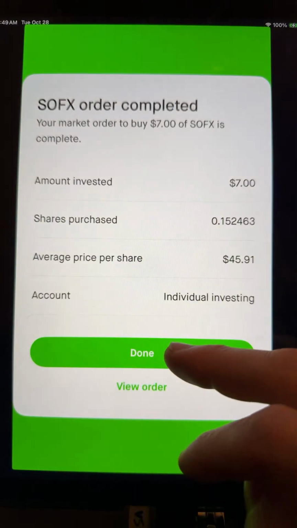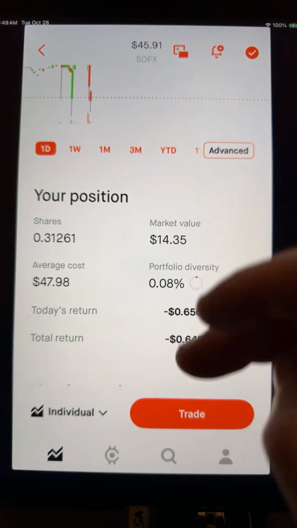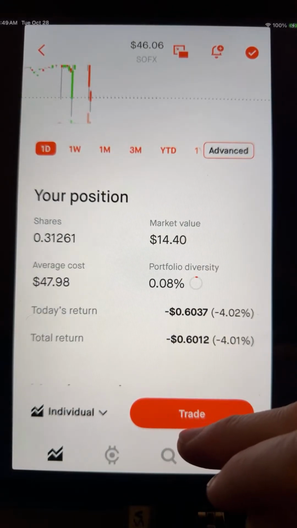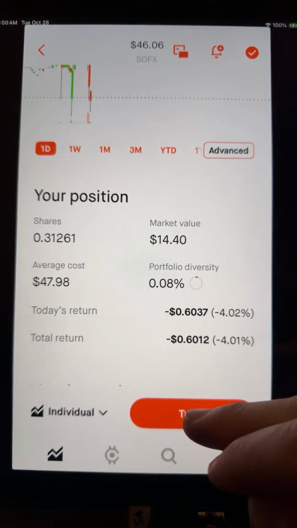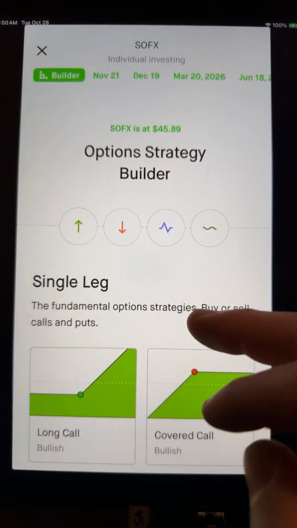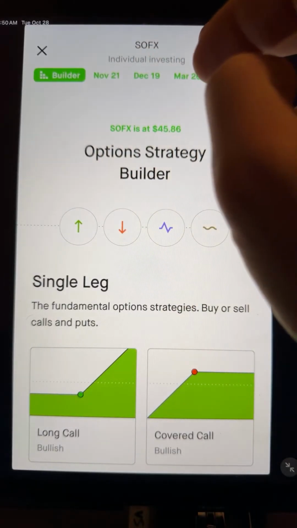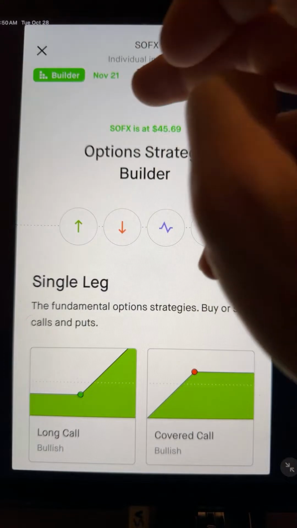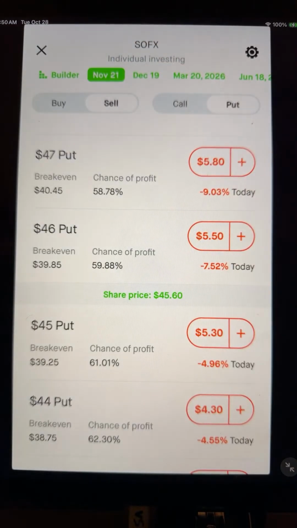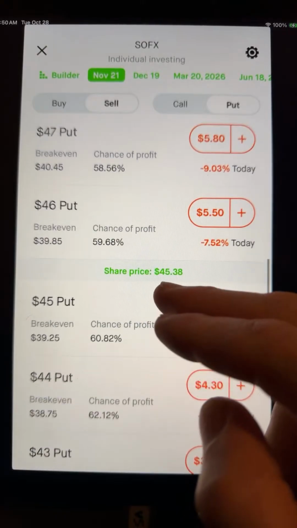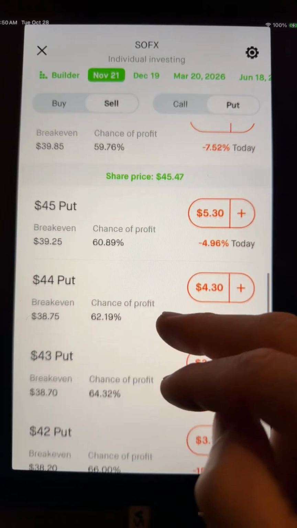Okay, that's good. I think eventually it's gonna start going back up. Actually, I think I might sell a cash secured put on this. Might try to do that. Let's see. This one doesn't have too many date options for some reason. Let's see, November 21st, which is the closest one we got, and that one could go for 530. Right now it's going for 45.38. If I do a put for, let's see,